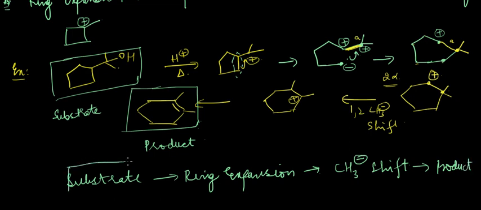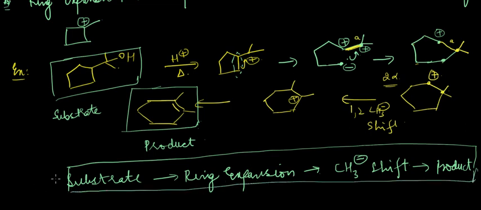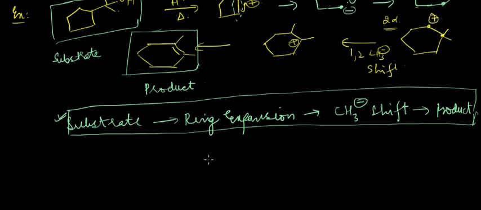Okay, so all these things have to be kept in mind whenever you are making any product from a substrate. So you have to think through all of the possible situations that can happen in a substrate, and in the intermediate process you have to think of whether ring expansion can take place, CH3 minus shift or H minus shift can take place, and form the most stable intermediate in the RDS process, and then only decide for the product. Okay,